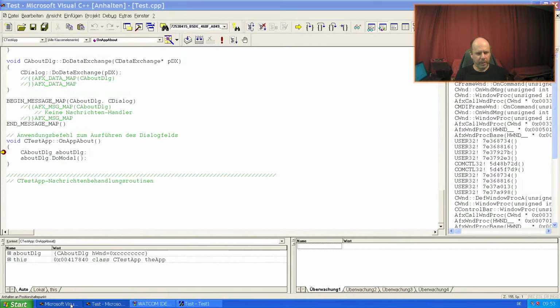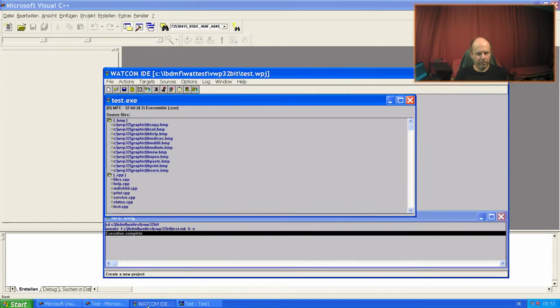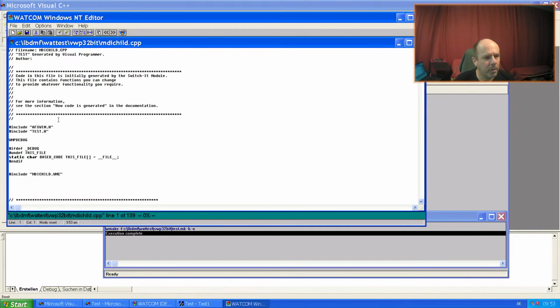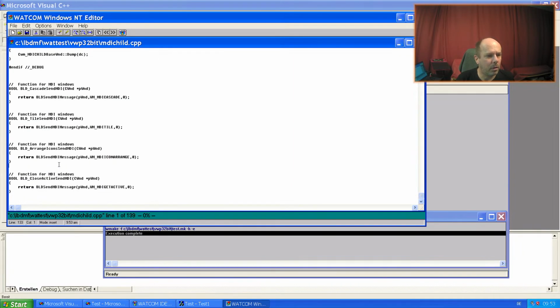And when you compare it with Watcom, you have your project management, but you have a different editor where you need to go to some point to set some breakpoint.